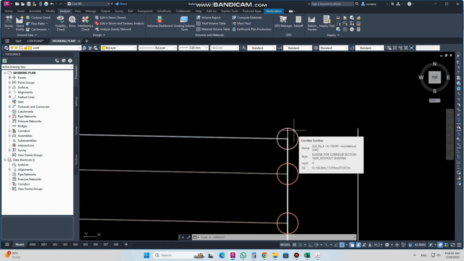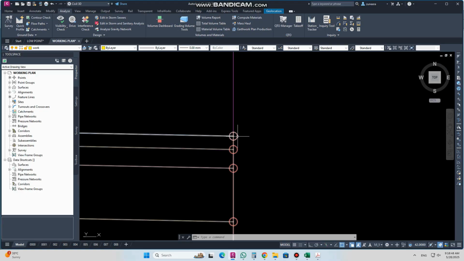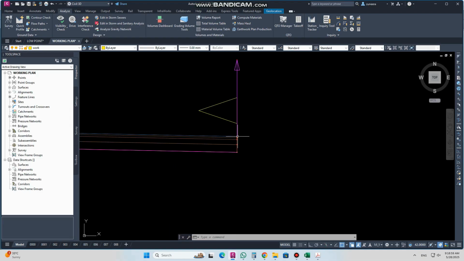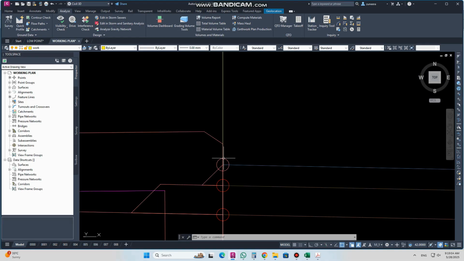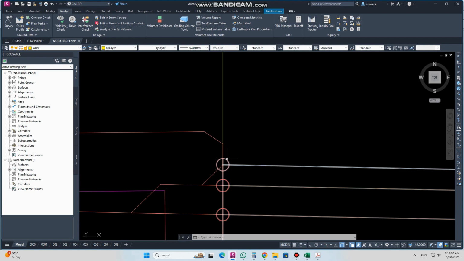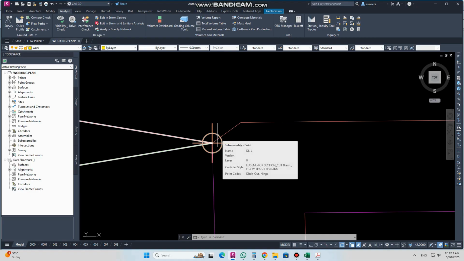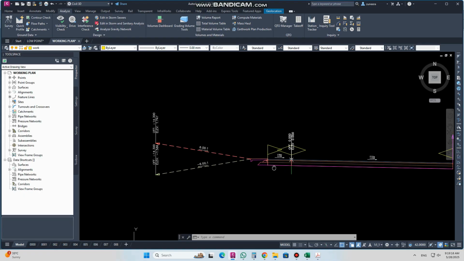As you can see on my typical section, there is some point, but we don't have a label for this. If you have ever faced this problem, I will tell you how to solve this one. Go to your assembly, check the code for that point. Also here it is the same, it will be the same lane code. As you can see, the point code is lane for this one. It's a ditch out or hinge. So